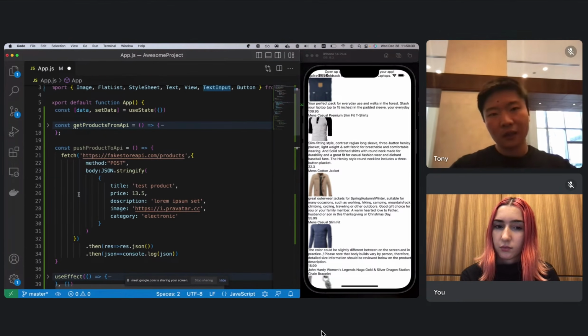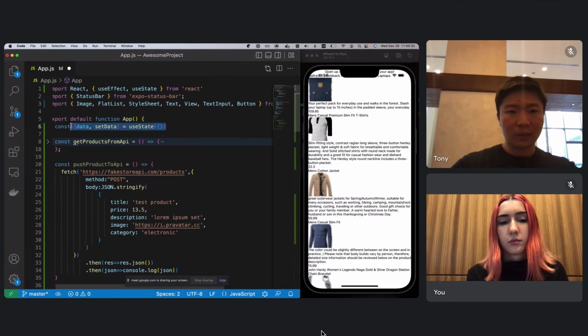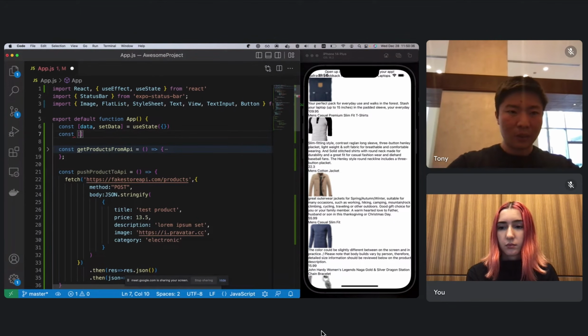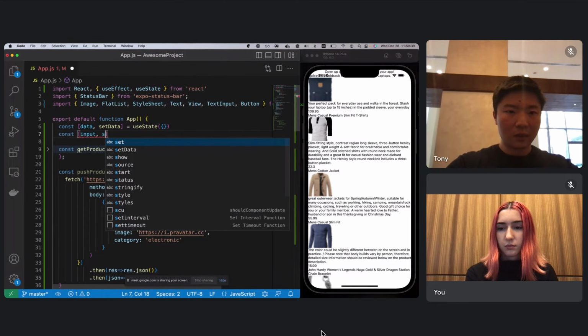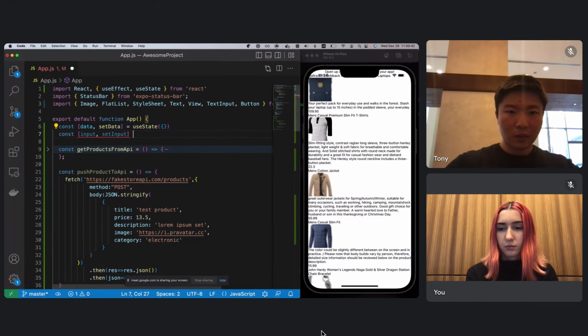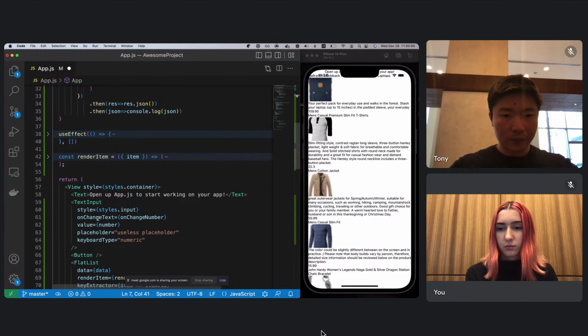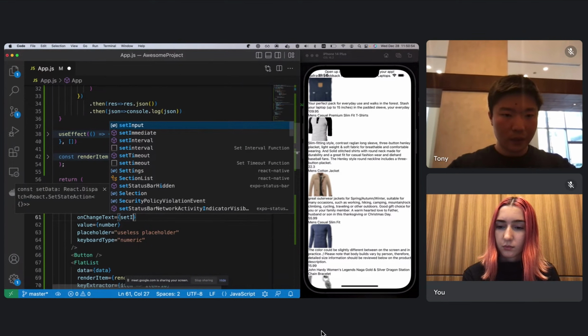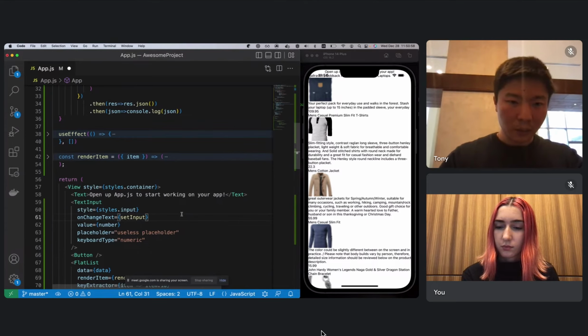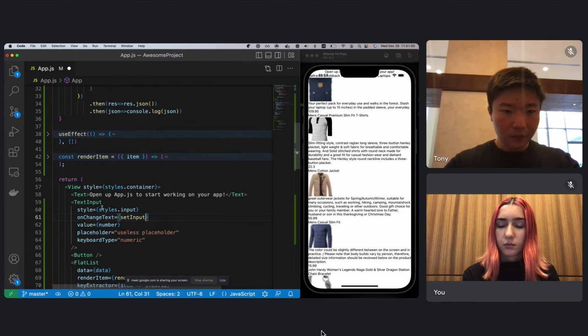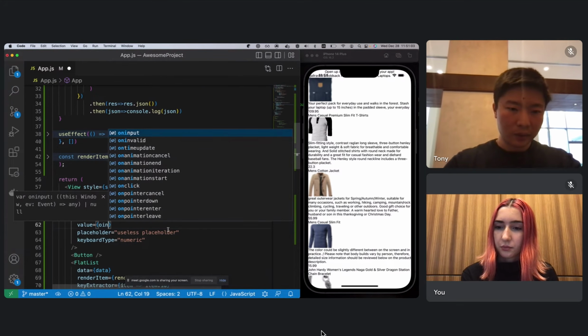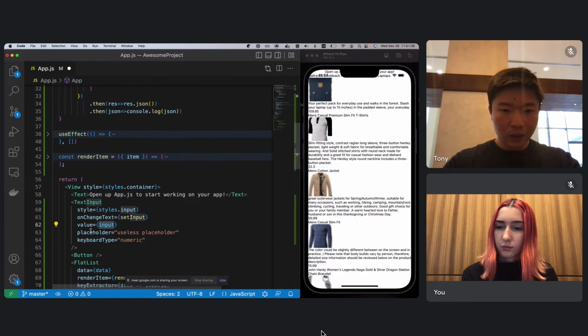Earlier, we were talking about setting use state to capture data. So here, likewise, we want to make sure we capture the input that users are typing in. So we use useState again, and because it's text, we'll set it to an empty string for now. So on change text, we'll say, every time a user types something, we'll update that input. Here, the value is the state itself. Placeholder, we'll call it title.